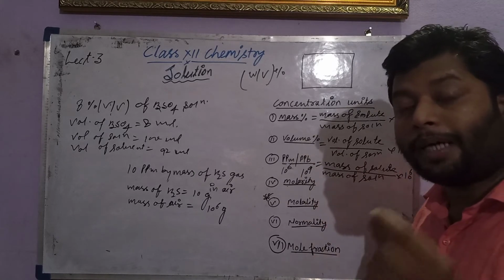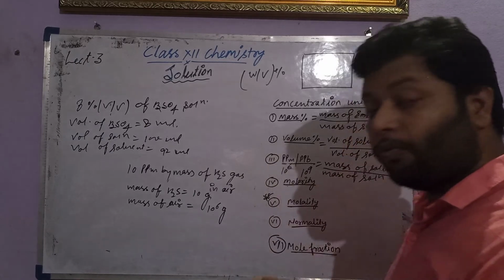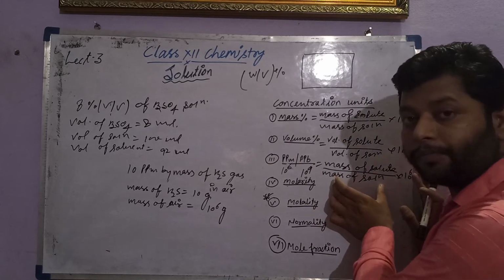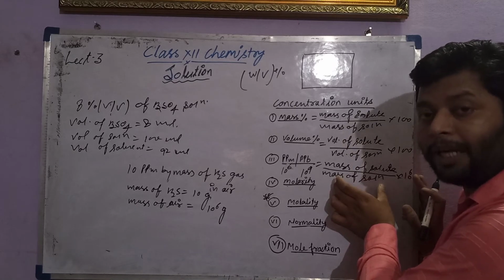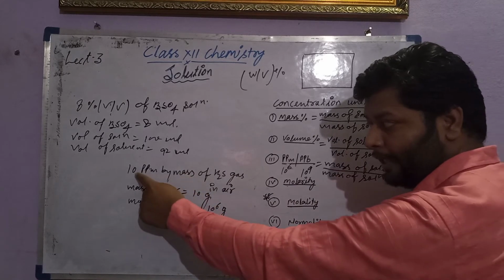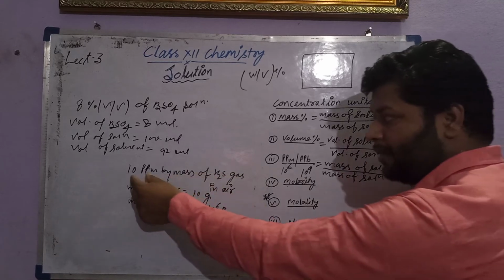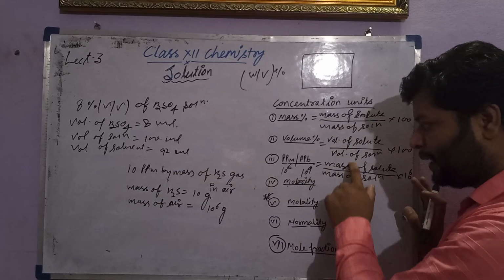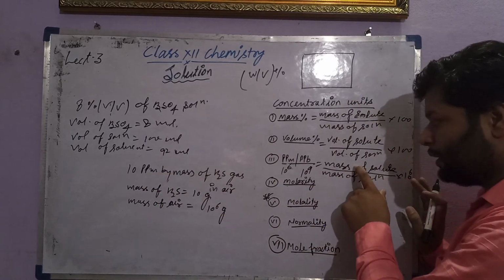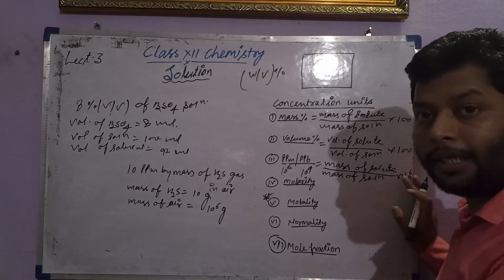or 1 million volume of a solution. So the solution may be given in the terms of mass, in the terms of volume, depending upon what is written here. 10 ppm by mass, so both the terms are given in a mass. 10 ppm by volume, both the terms are given in a volume. 10 ppm mass by volume, so solute in a mass and solution will be in a volume as explained in the above part.